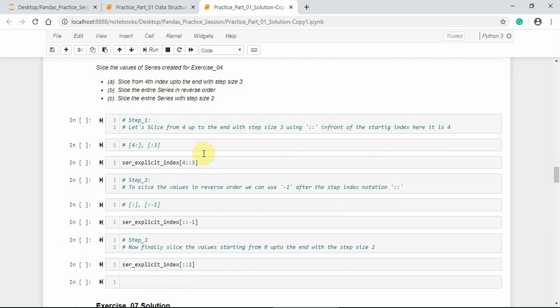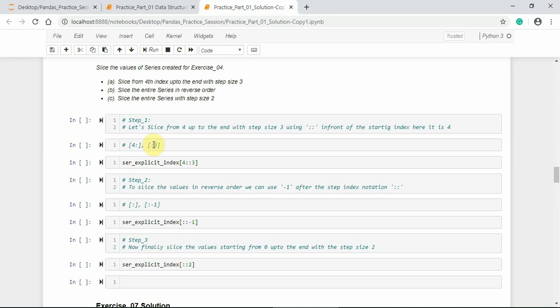Here we know that if we use the single colon with the left integer value, it will slice the entire elements from that integer up to the end of the series elements. If we use the colon with the right integer value, it will slice from the 0 up to that integer value.